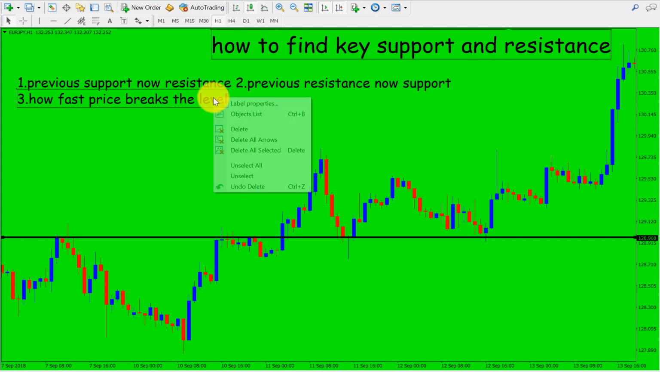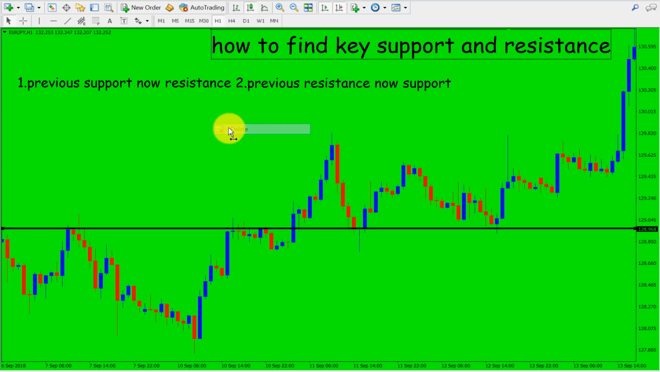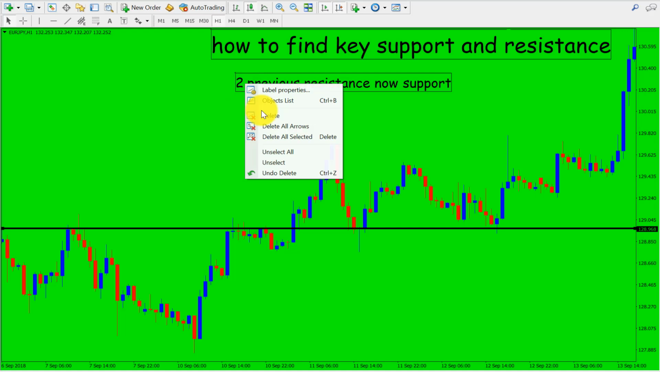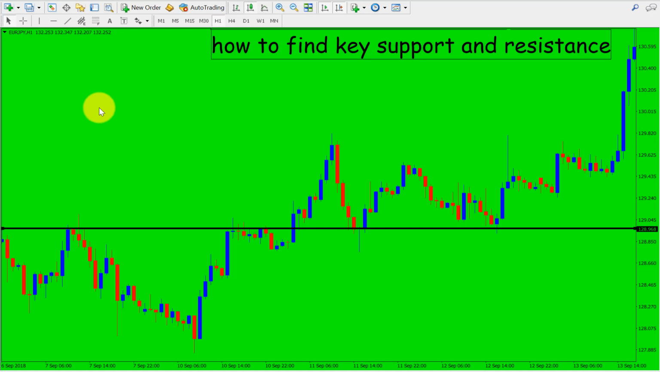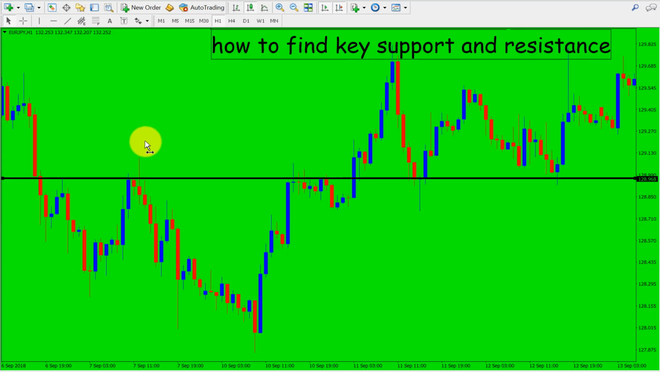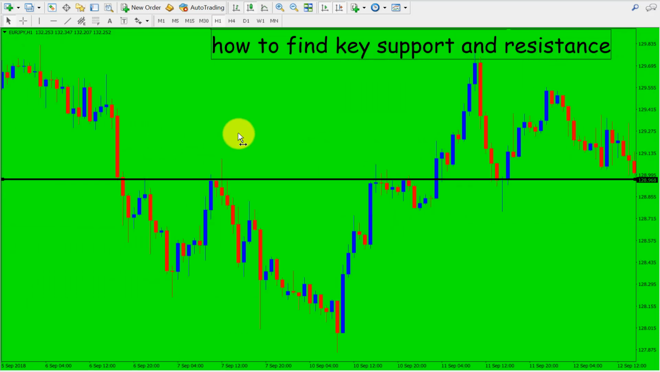Okay, I can delete these things now. Wait a minute. Okay, this is our EUR/JPY pair, Euro against the Japanese yen, and this is a 1 hour chart. You can trade with various time frames like 4 hour, daily, but here I am showing you 1 hour. So first, if we see here,